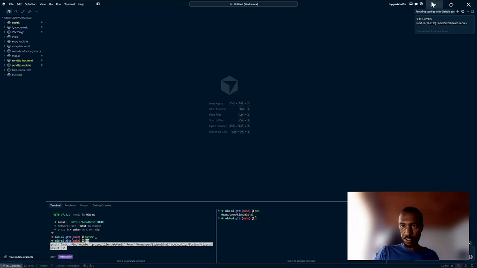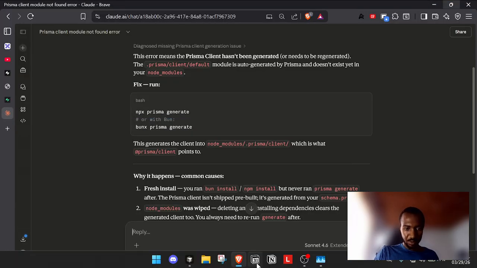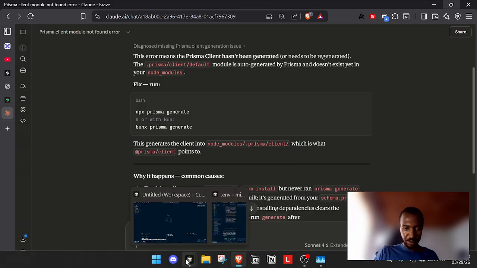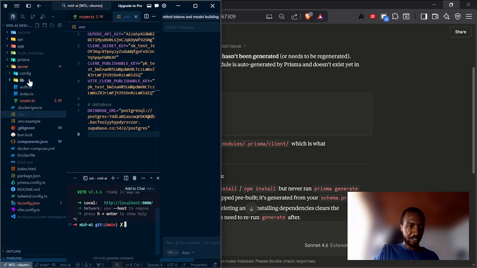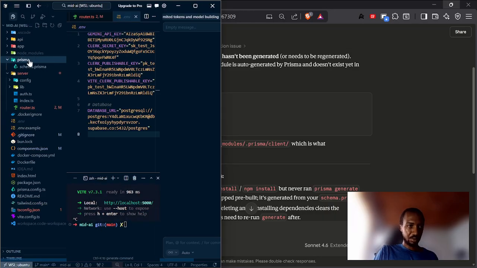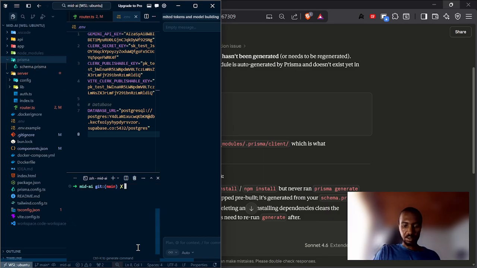That's because we don't have Prisma running, and let me come here. We don't have migrations. If you come here and look, this doesn't have a migrations directory. And let's change this by running